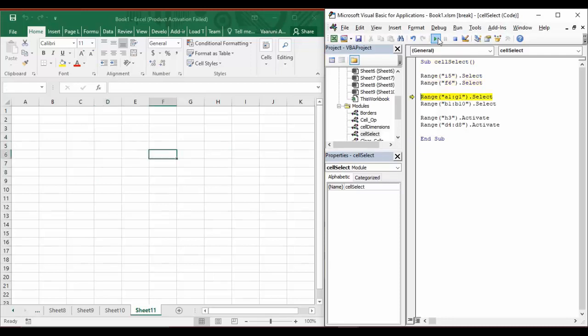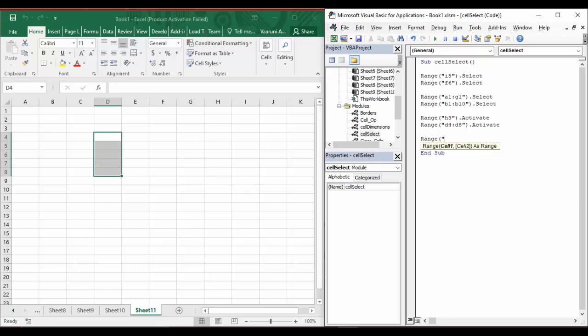One more thing: using the range function, we have seen two methods of selecting the cells, but there is one more method of selecting the cells using the range function. Suppose instead of providing the names of the columns like H3, A1, G1, you provide a number that substitutes these letters.